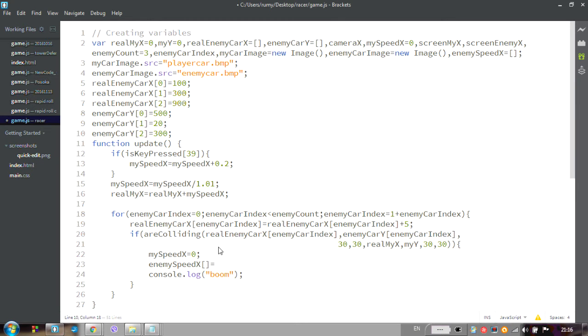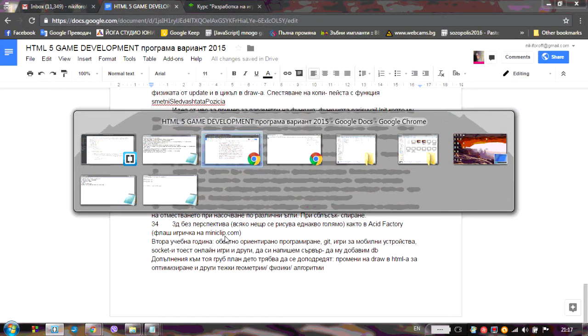I gave you the task to decide which is the enemy that we should affect its speed. And of course, this is the enemy that we've just understood that we've hit. This is the current value of enemy car index. That's why I should put here enemy car index to be equal to 0. And let's see how this is going on. Well, actually, I know how it's going to go because enemy